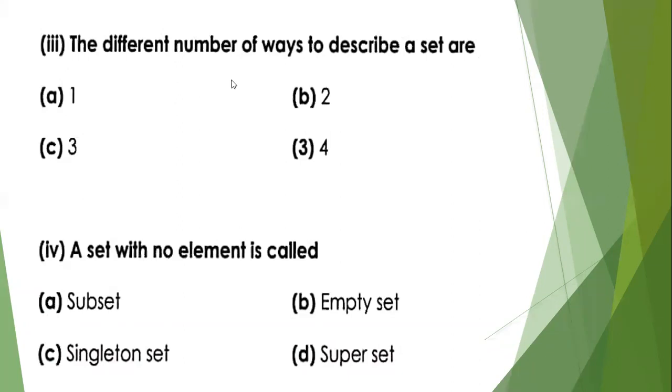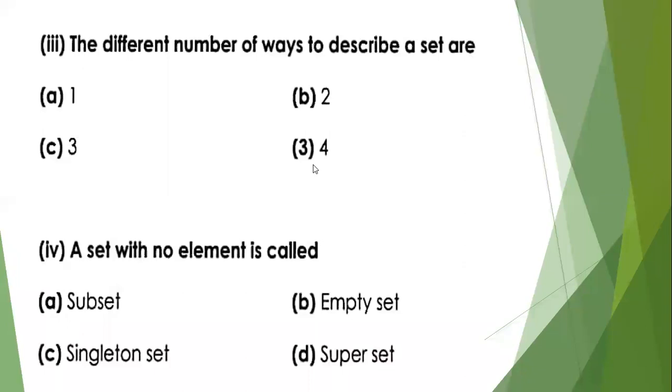There are three methods. The first one is the listing method, where we just list off all the elements. For example, set A contains 1, 2, 3, 4, 5. Then the other one is the set builder notation. For example, the set builder notation is a different form of expressing a set. Like teacher, I don't really know how to describe it. It doesn't matter. And then we have the descriptive method. For example, all the prime numbers that are less than 10. This is the descriptive method. Excellent. These are the three methods.